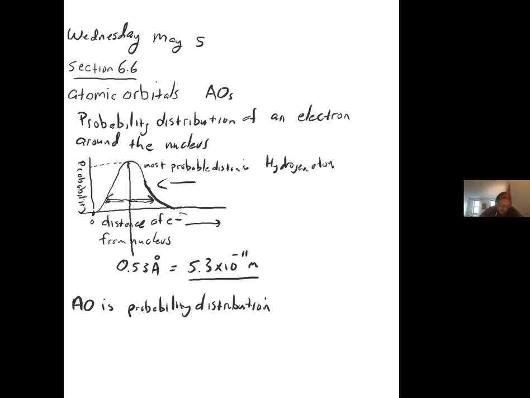It's usually represented like this. The interpretation of this picture is this is the nucleus, at the center of the atom. And then this little boundary, that dashed line that I'm drawing,